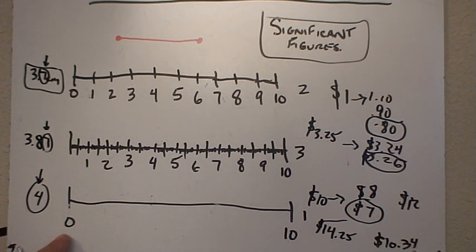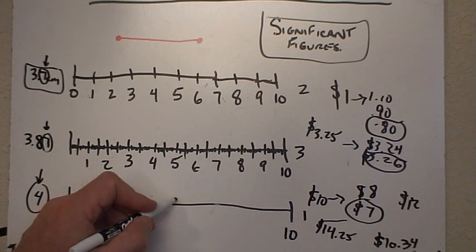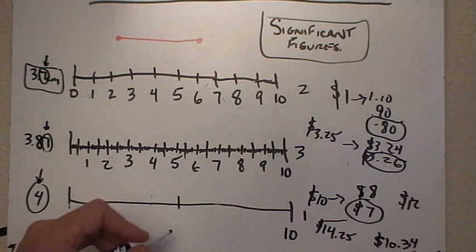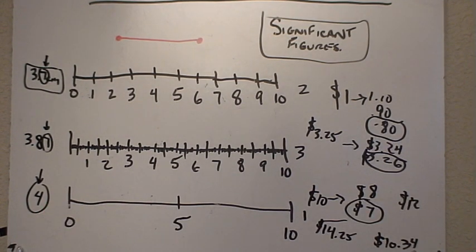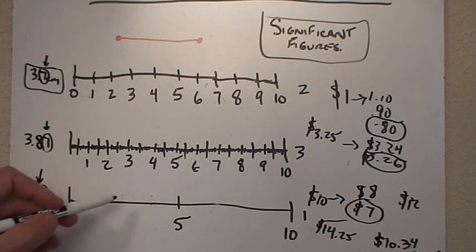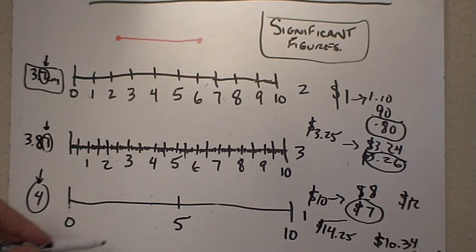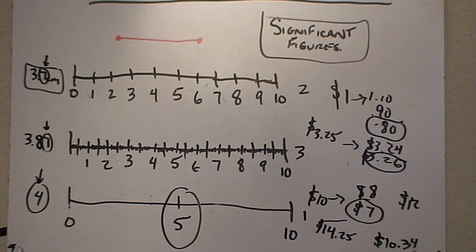Here we only know the 0 value and the 10 value. Okay, so we don't see anything to the ones, so we know that's going to be an estimate. And sometimes you even see this little mark in here. And don't be deceived, because I see a 5 there. That doesn't mean I know where 4 is. That doesn't mean I know where 3 is. That 5 is actually just to help you estimate. It is not an accurate 5 by any means. Okay, now